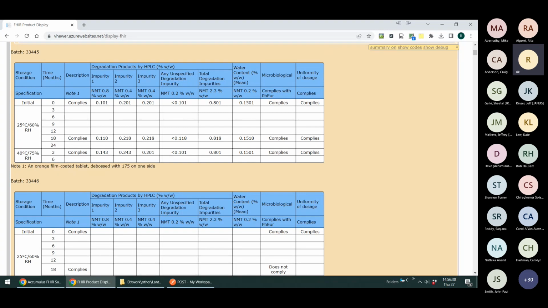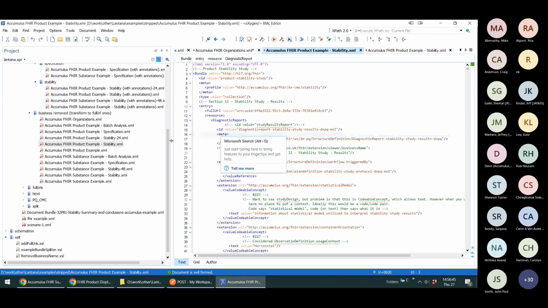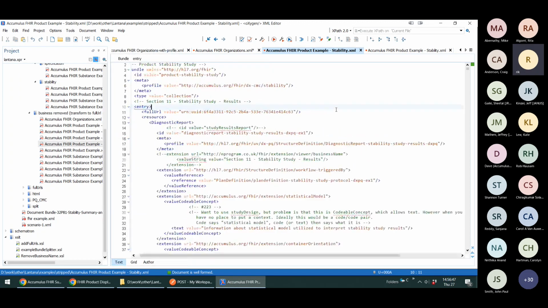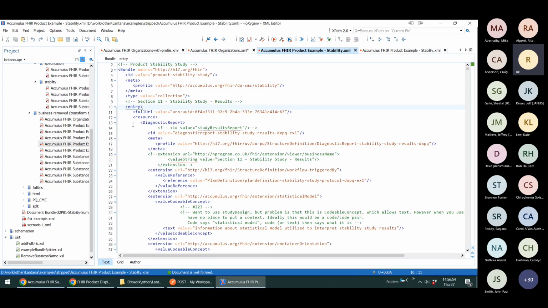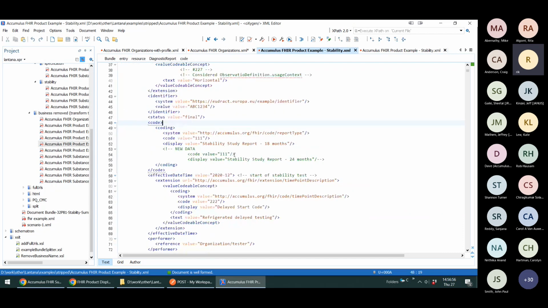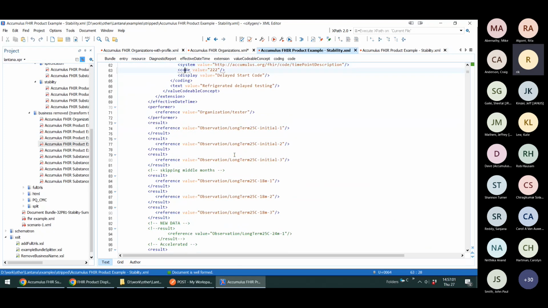So the little scenario that we came up with was to live extend this to add some data in at the 24th month and see if we can make that come up in that slot there. So this is our actual XML for that. Let's make that a bit bigger, not so big that I can't fit it on the screen. So it's a bundle with a diagnostic report in it. This will get a bit techie, but it's got reference to, just scroll down a bit, the results of the